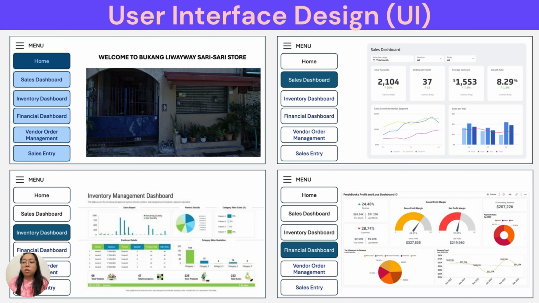It would basically show you an overview of, is the business doing good? Can we purchase more items to sell? Can we introduce new products? Are we really profiting in terms of costing? And do we need to adjust some of our costing? Is it too high? Is it too low? Those kind of insights that would be readily available to the end users or the owners of the Bukang Liwayway Sari Sari store, which would then help them better create or curate their decision making or the strategy they would be doing for the continuation of their business.